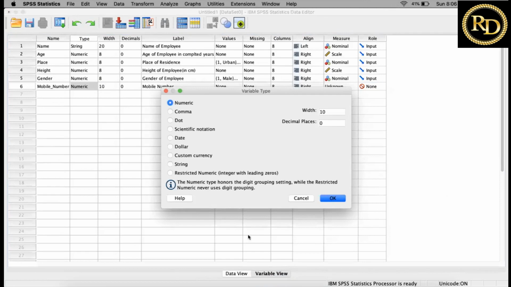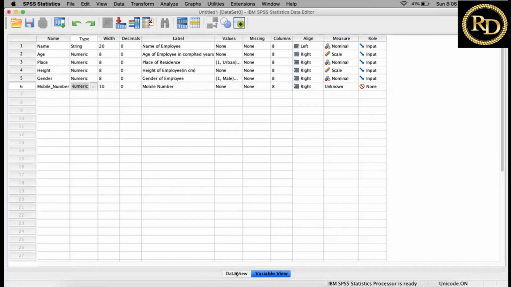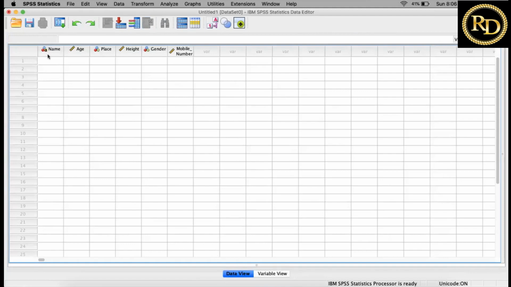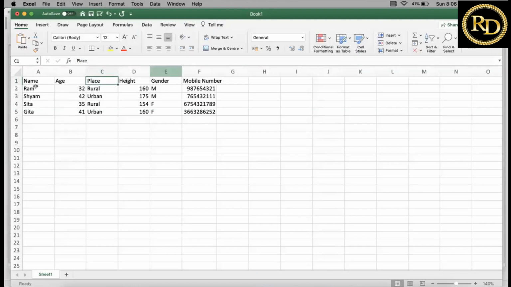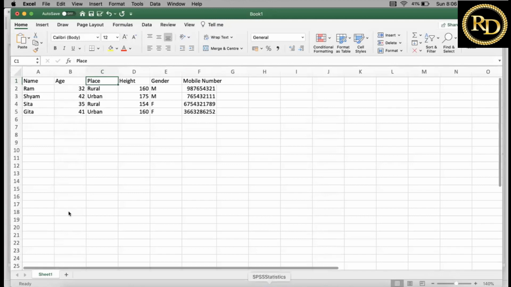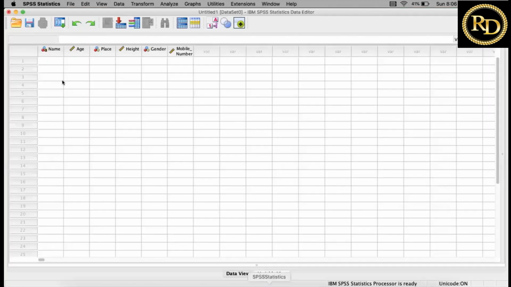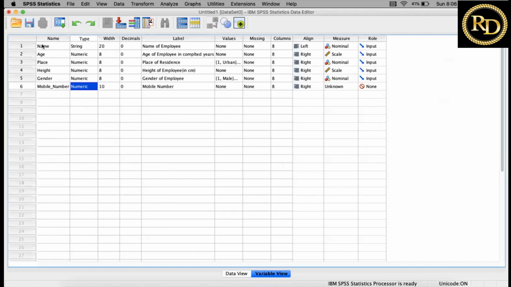Now, if you go to the data view, you can see how these variables are here. What I'm trying to say is that in Excel you simply type these variables and just start entering the data. But in SPSS, you have to define your data.